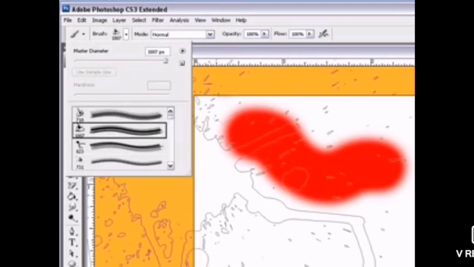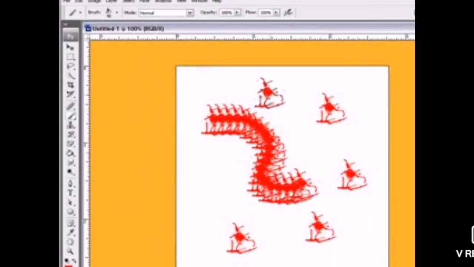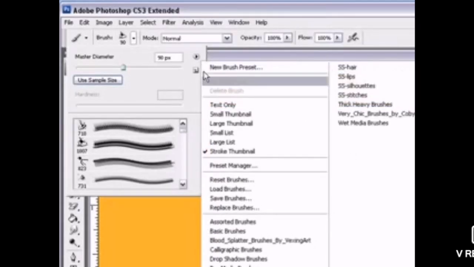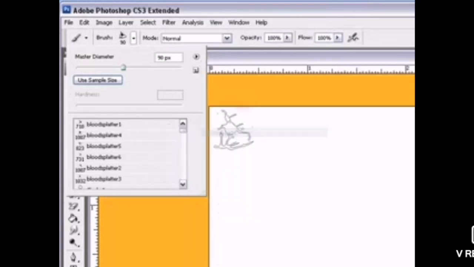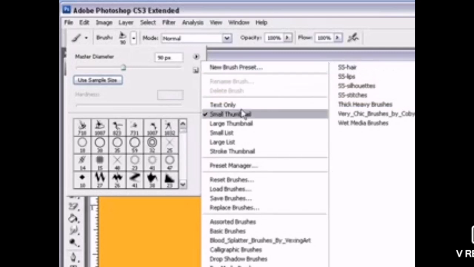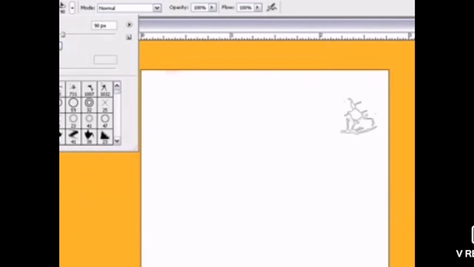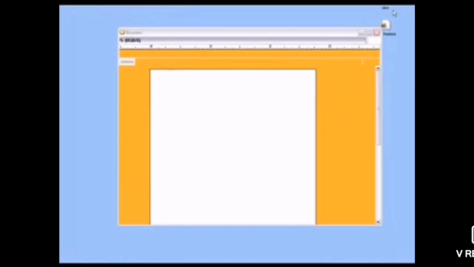A preset option is nothing but the option which is present in my brush tool. See here students, this is one kind of preset option which I made. That is Stampanil I showed you. Now here, small thumbnails. So I'll get all the icons in my brush tool as small. Then large we saw. Now replace brush, reset brush, load brush. So many options we have in our brush tool. So according to you, you can do the changes.